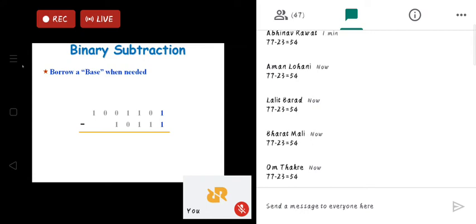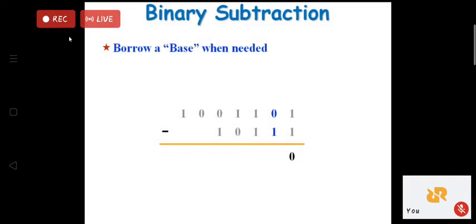1 minus 1, 0. There is no question of borrowing or something. Then I have made the next two bits under consideration. 0 में से एक जा सकता है क्या? नहीं जा सकता है। जब मैं बोरो लेता हूँ तो वो हो जाता है 1 0, बराबर है। बोरो मैंने लिया, 1 0 का वैल्यू कितना है? 2 है।